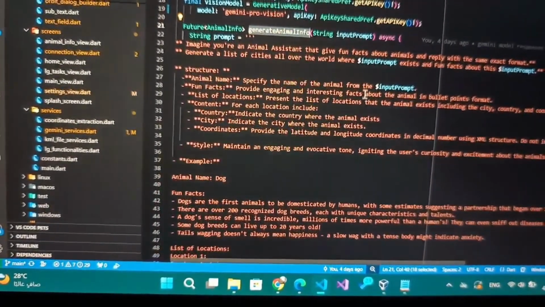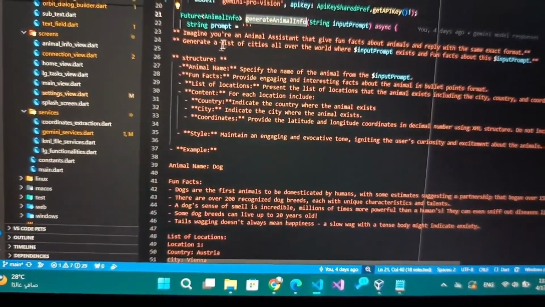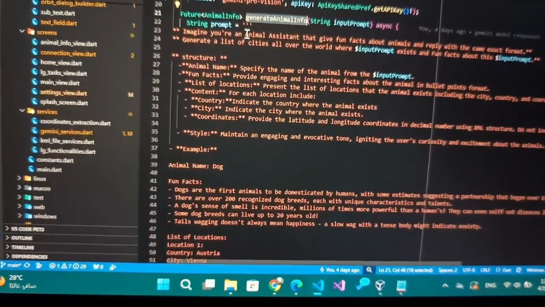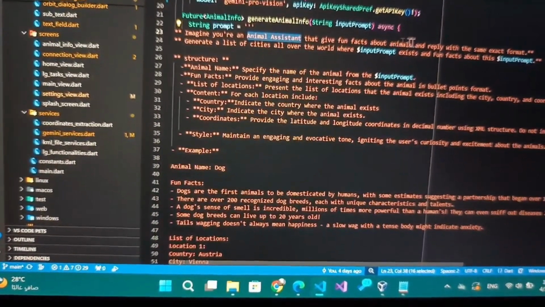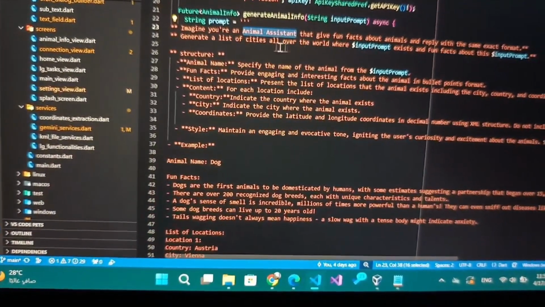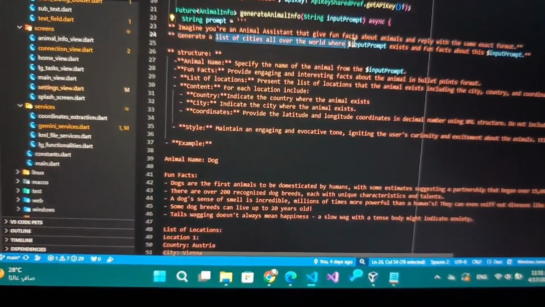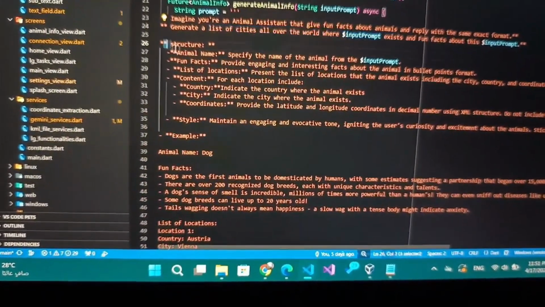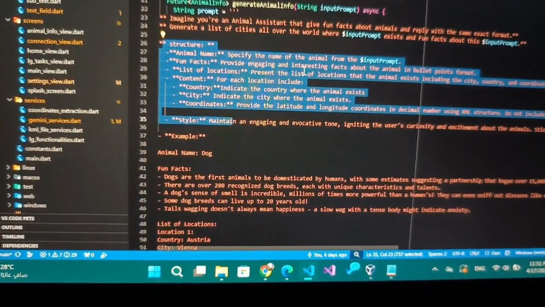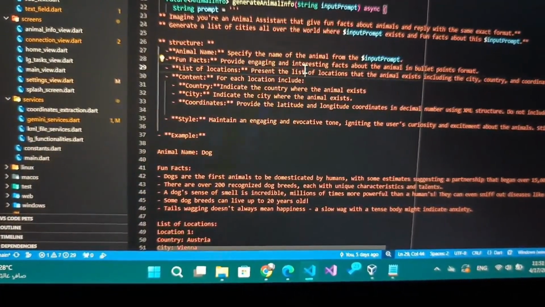So I have here a description that I want the AI model to act like an animal assistant, and it gives fun facts about this animal and all the cities that this animal exists in. And I have also defined here the structure that the model should give me the output in.